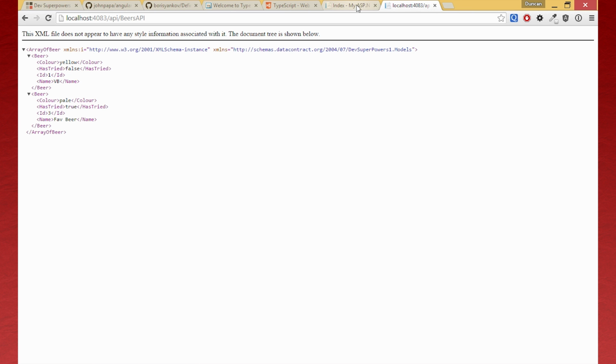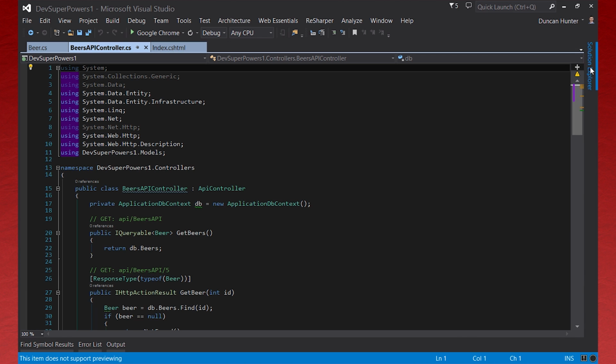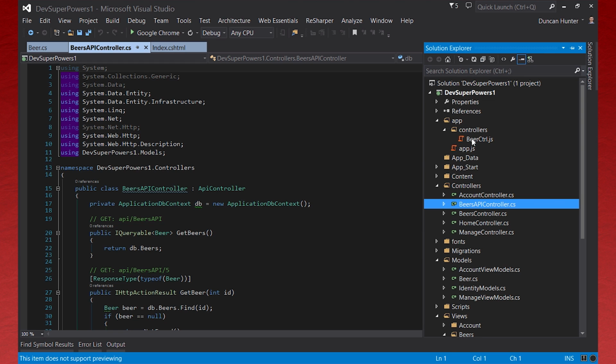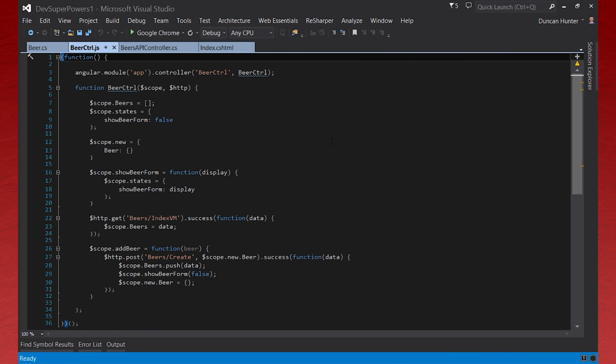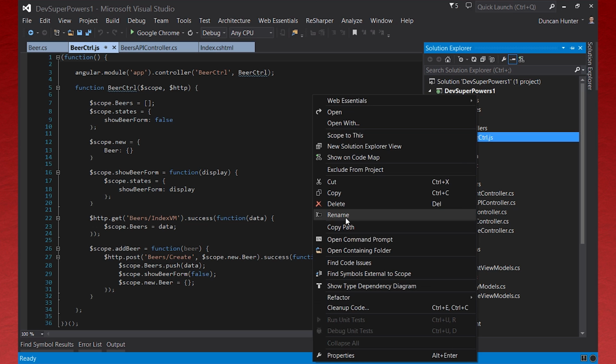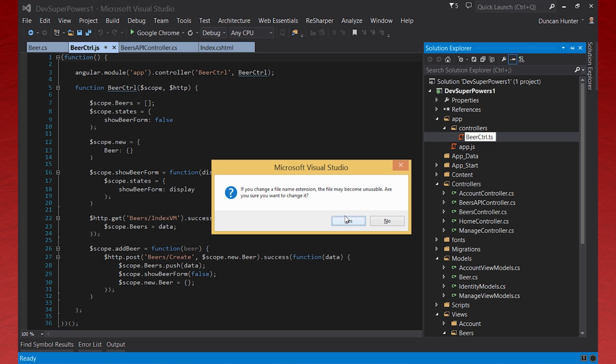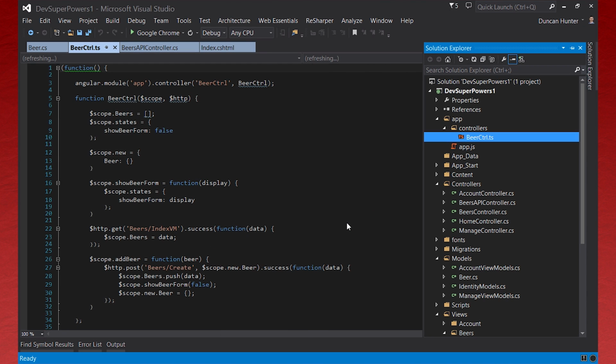And if we pop back over into Visual Studio, the next thing that we want to do is start converting some of this original application that we have from the previous webinar, in particular this beer controller. We want to convert this beer controller into TypeScript. And valid TypeScript is valid JavaScript, and valid JavaScript is valid TypeScript. So the simplest way to get started is to just right click and rename this file and call it beercontroller.ts. If we push enter and agree to change the file name,